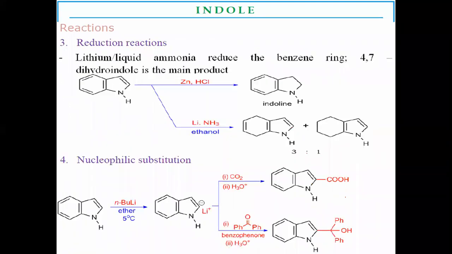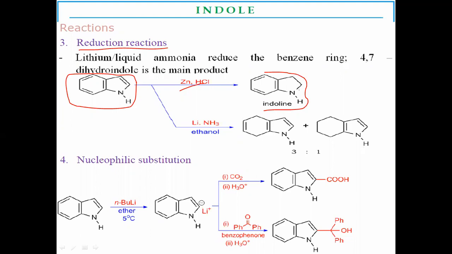Apart from electrophilic substitution or electrophilic addition to nitrogen, another chemical reaction of indole is reduction. The name itself indicates that reduction means loss of oxygen atoms or addition of hydrogen atoms into the starting reactant. Here the reactant is indole. Indole undergoes reduction in the presence of zinc. There is formation of indoline as the final product. There is addition of two hydrogens into the indole to form indoline.